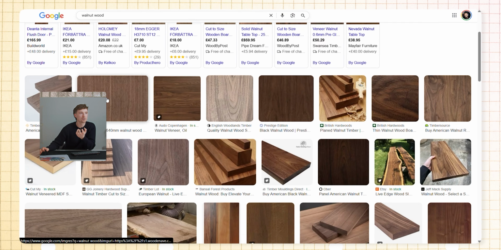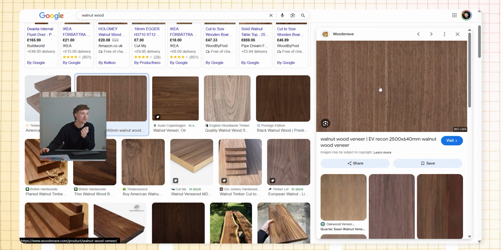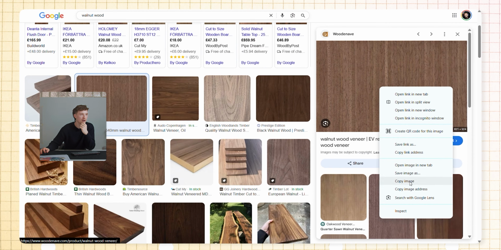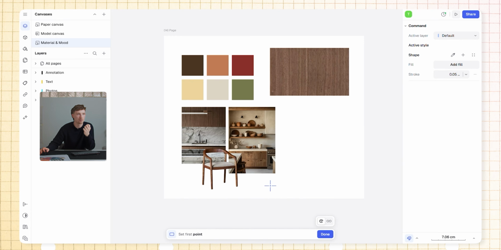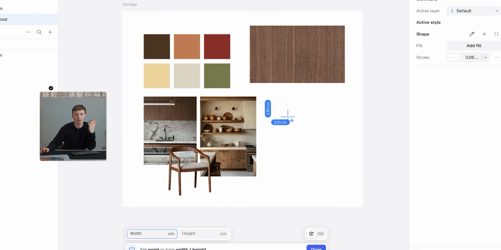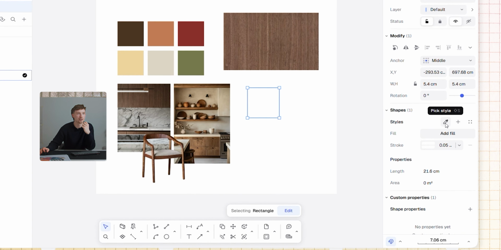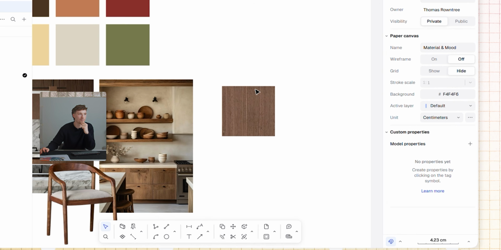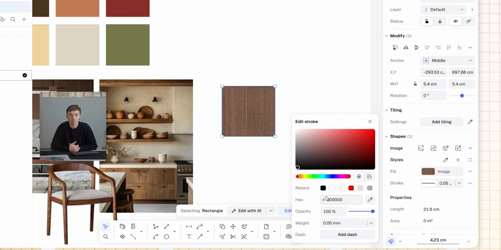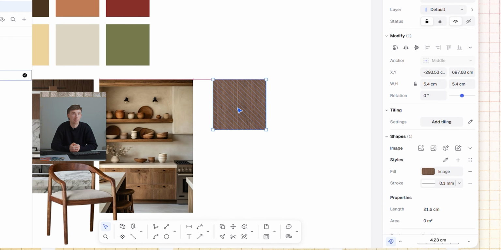So to start adding colors and material finishes to our mood board, I'm just going to find a particular finish that I'd like to add. I'm going to draw a rectangle and I'm going to create it as a style. So you can then pick a style, it will then essentially apply that image to that style. You can then add a stroke to that particular rectangle. And this is essentially making a material swatch, a material palette that will then be able to apply to your